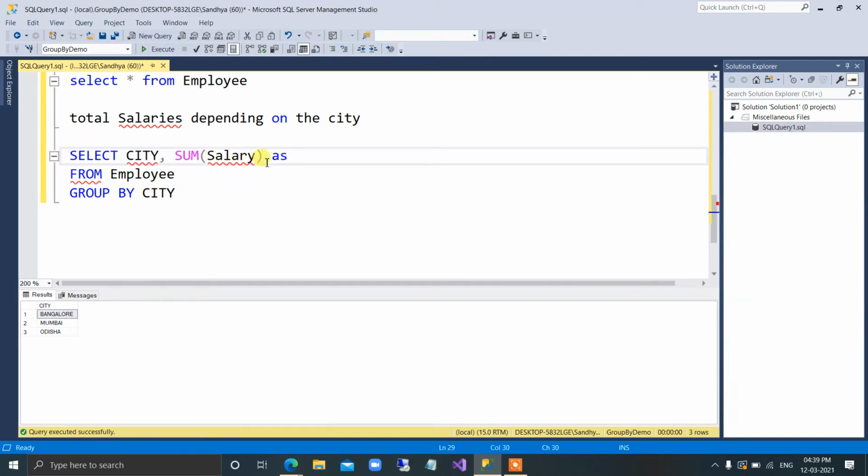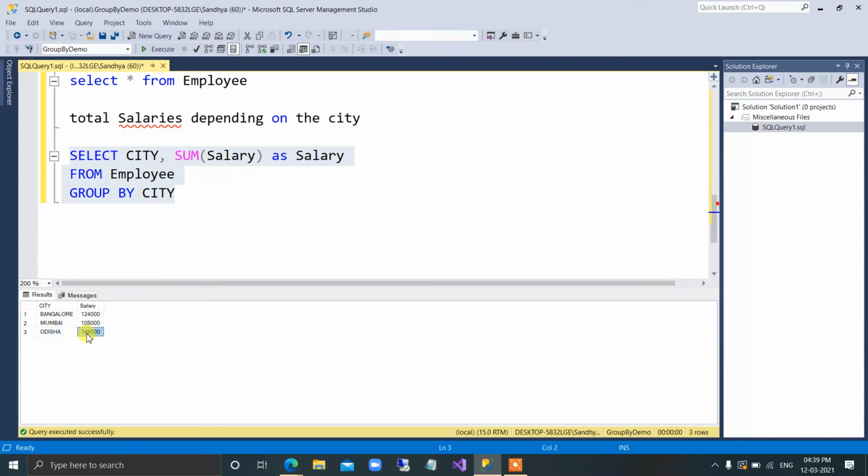So let me use an alias name for this column and select this. You will see Bangalore city is taking this much salary. I have summed the salaries from all the Bangalore employees. Mumbai is taking this much salary and Odisha is taking this much salary.